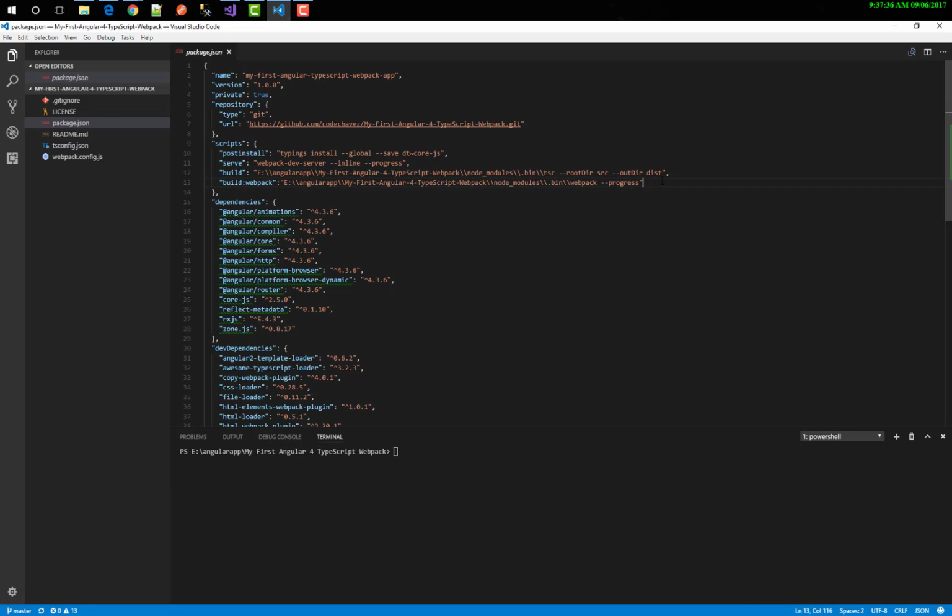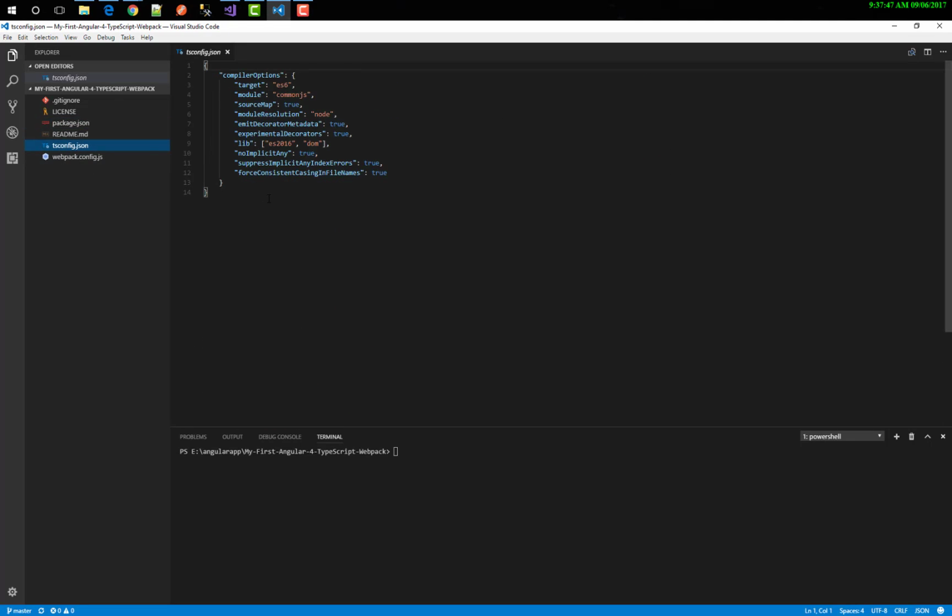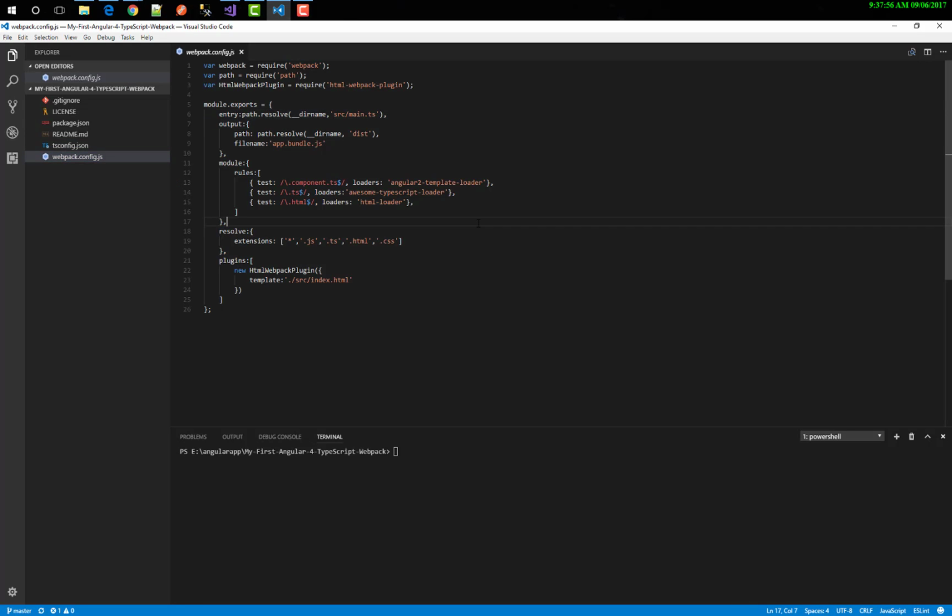Pretty useful. And then you have build and build:webpack. These are used just to distribute my application and compile the TypeScript for me, which we'll see later in the app. Also, we have the TypeScript configuration file. We have pretty basic stuff, and one of the most important files, and the reason why this tutorial is happening